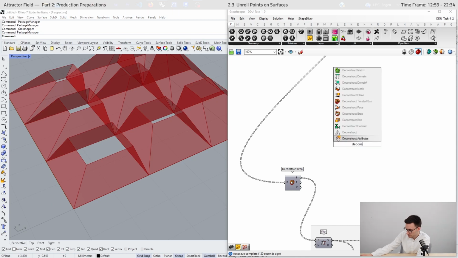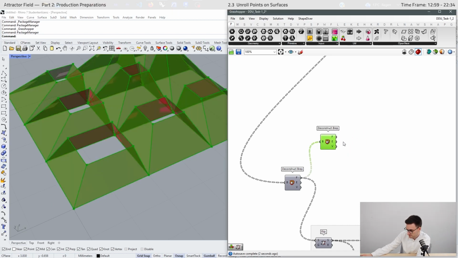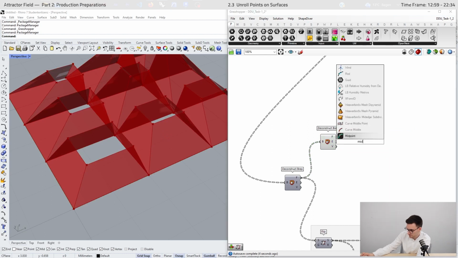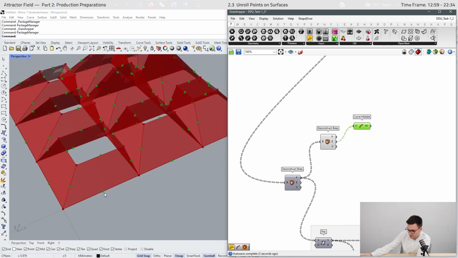Therefore, we will deconstruct all faces to receive all edges. Then we can use the component Curve Middle to receive the midpoints. And now every point represents an edge.